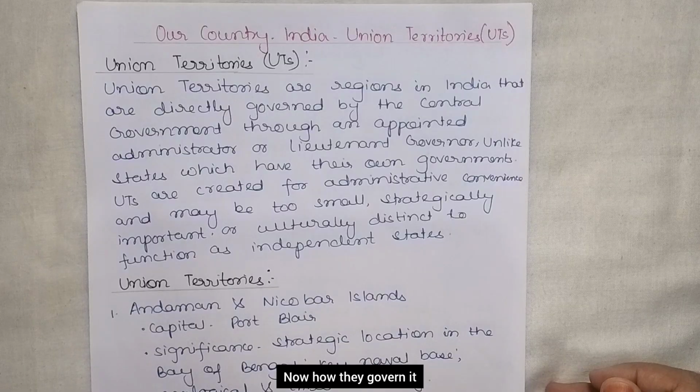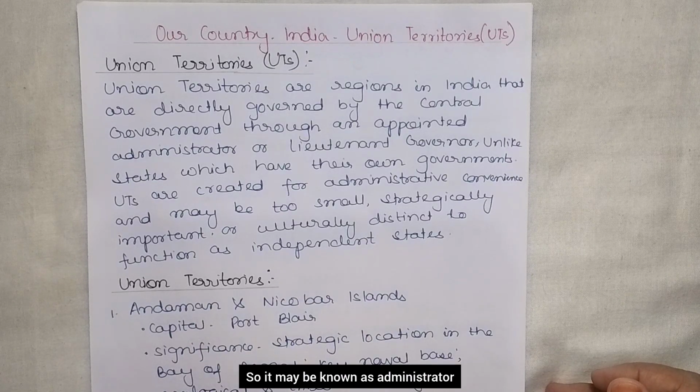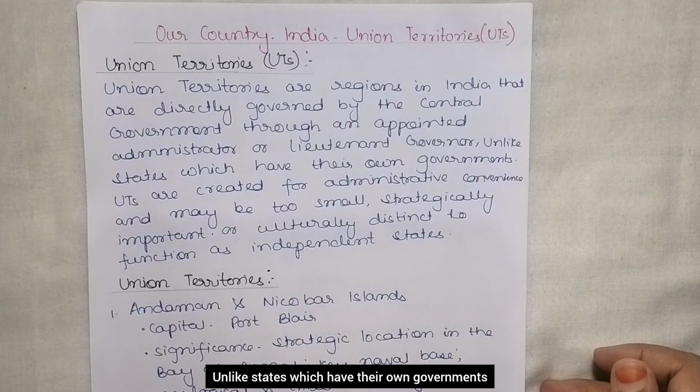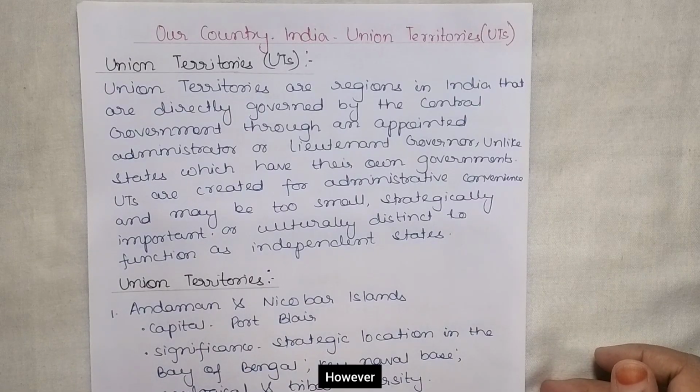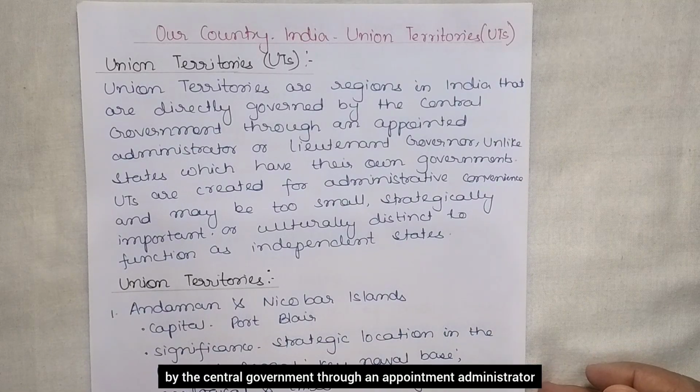Now how are they governed? Through an appointed administrator or lieutenant governor. Although it is governed by the central government, it appoints one person, who may be known as the administrator or the lieutenant governor. He will be responsible for a particular region, right? Unlike states, which have their own governments. States have their own government, but union territories are directly governed by the central government through an appointed